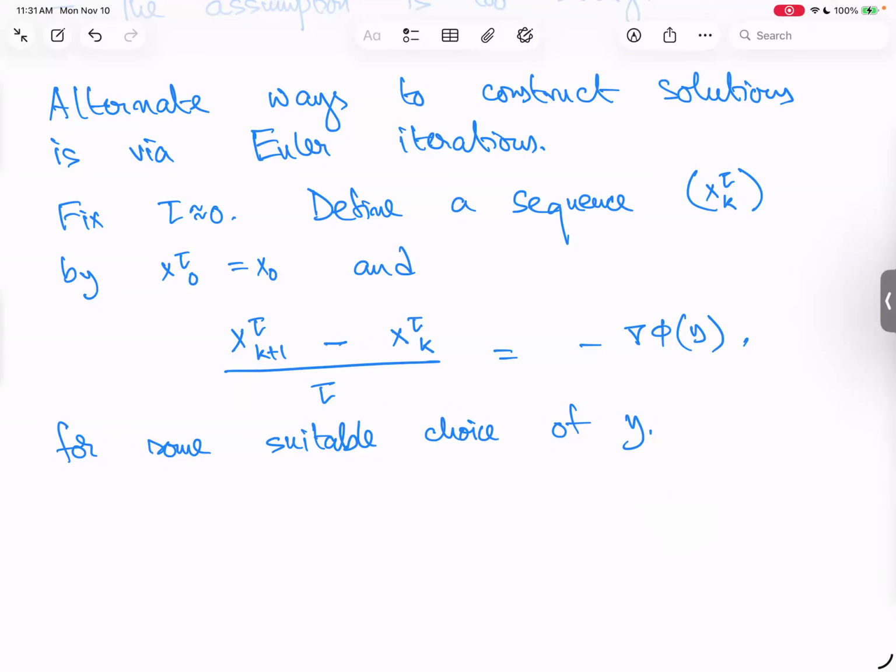All right. So you are discretizing the time derivative by a discrete derivative. And what is the discrete derivative? x_{k+1}^tau minus x_k^tau over tau. On the right-hand side, you also have a choice to pick where you evaluate the gradient. And so for different choices of y, you get a different discretization of this gradient flow curve if it exists. We are trying to construct the curve. So two popular choices of y